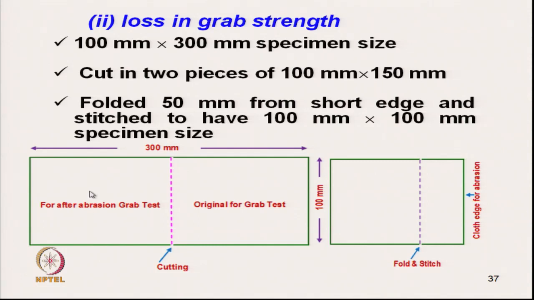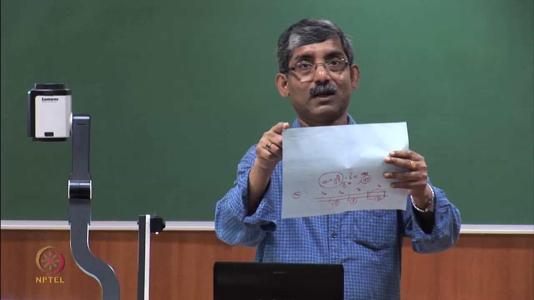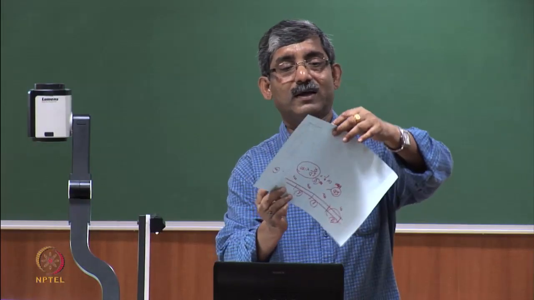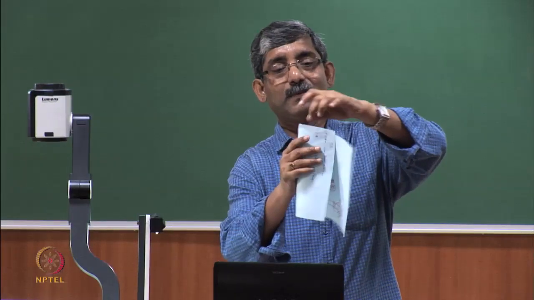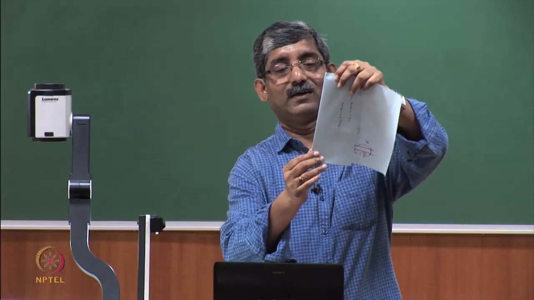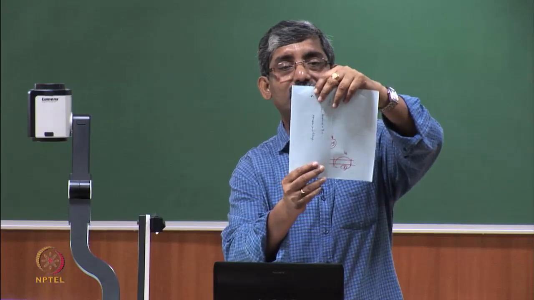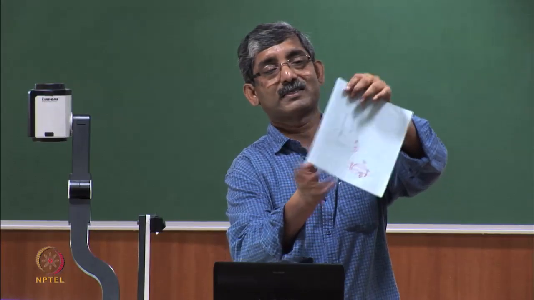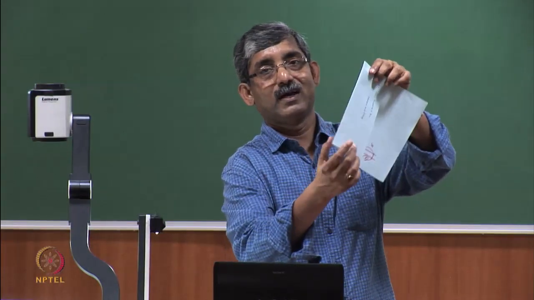So, this is the fabric, this is 150 millimeter and this is 100. Now, we take 50 millimeter here and we fold it. So, effectively the fabric is 100 millimeter by 100, and then this folded portion we stitch